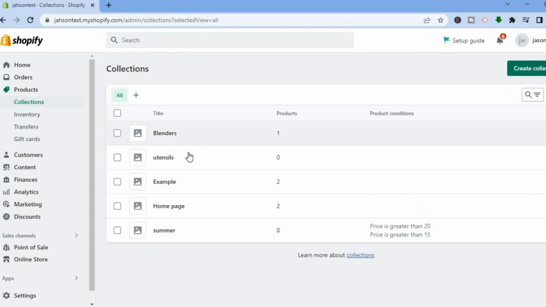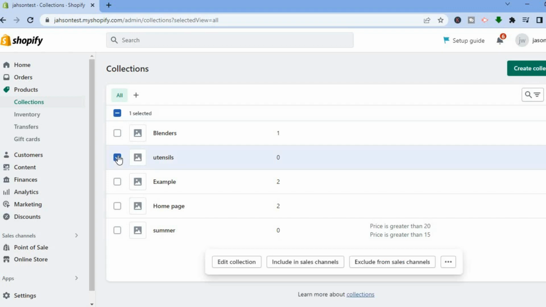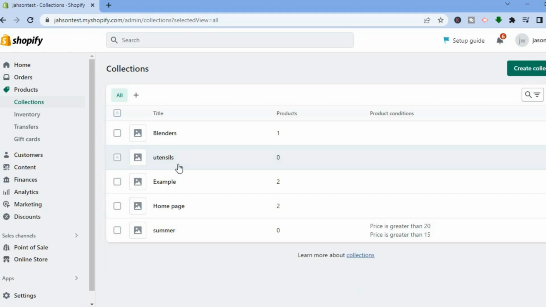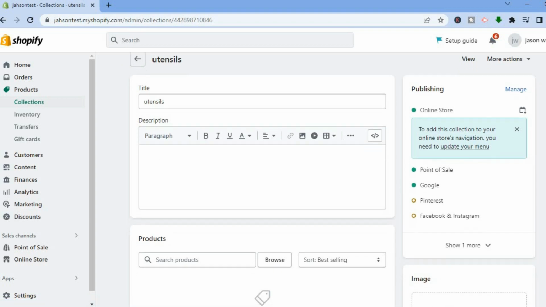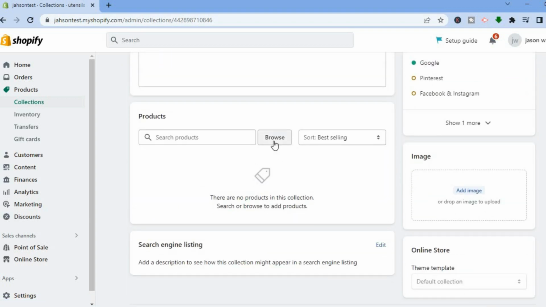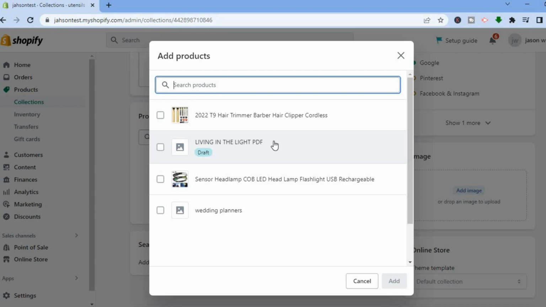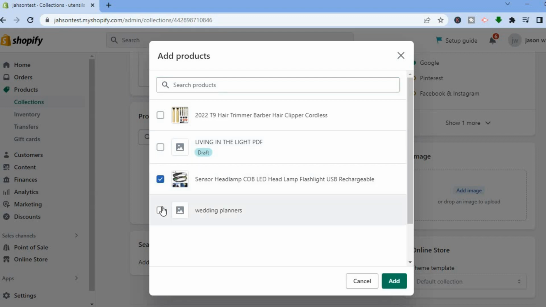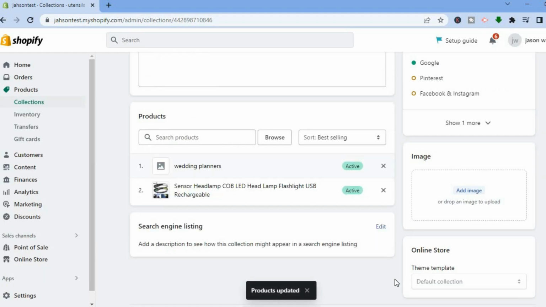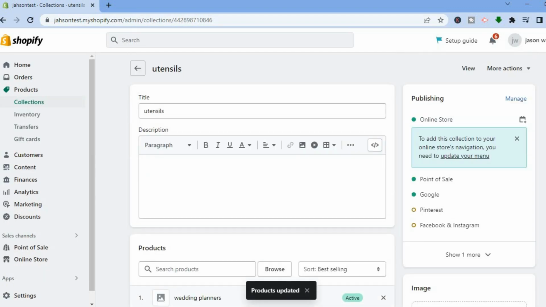And then for example, I'm going to select utensils. So I'll tap on utensils and I'm going to add the utensils. So I would scroll down right where you see browse. I'm going to tap right there. Let's say for example these were utensils. I'll tap on add, and once you have added the products,